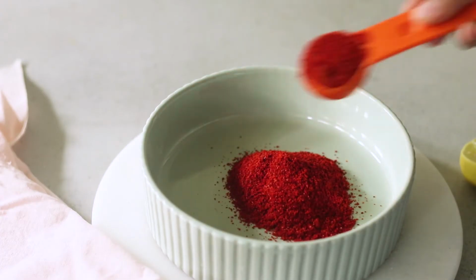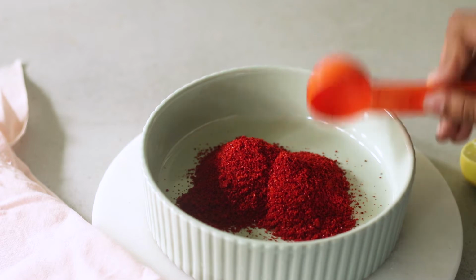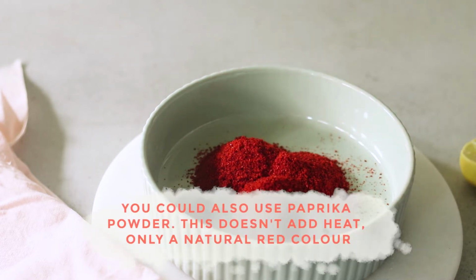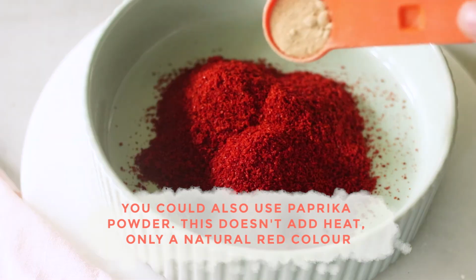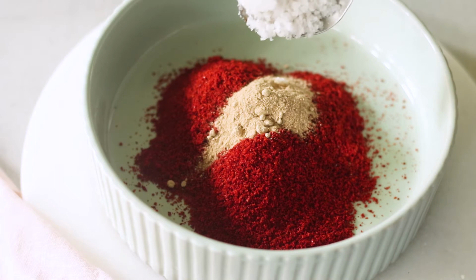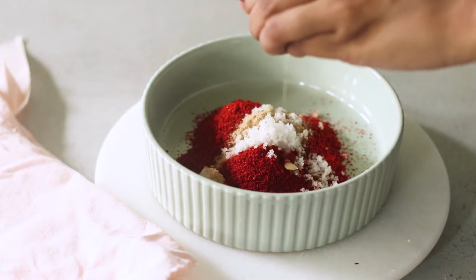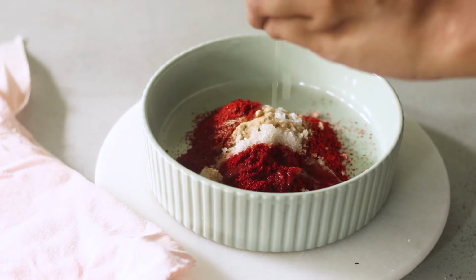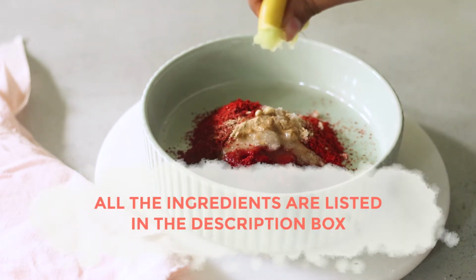Here I have some spicy red chilli powder. Adjust the heat accordingly based on your liking. Now I've added some Kashmiri red chilli powder for the color. Now I will add some amchur powder or dried mango powder and some salt to season. Now I will squeeze lime juice or squeeze half a lime into this mix, and then I will also start